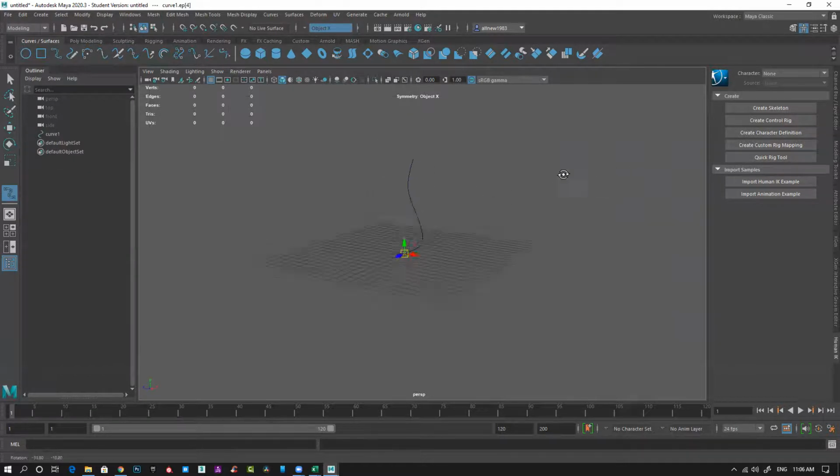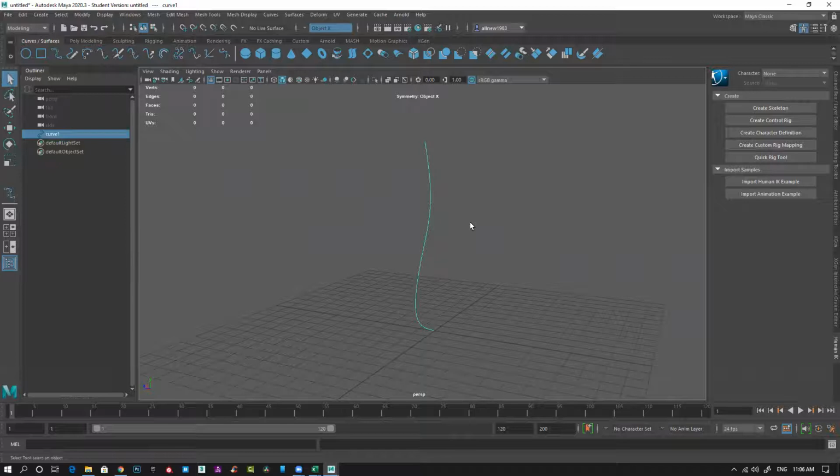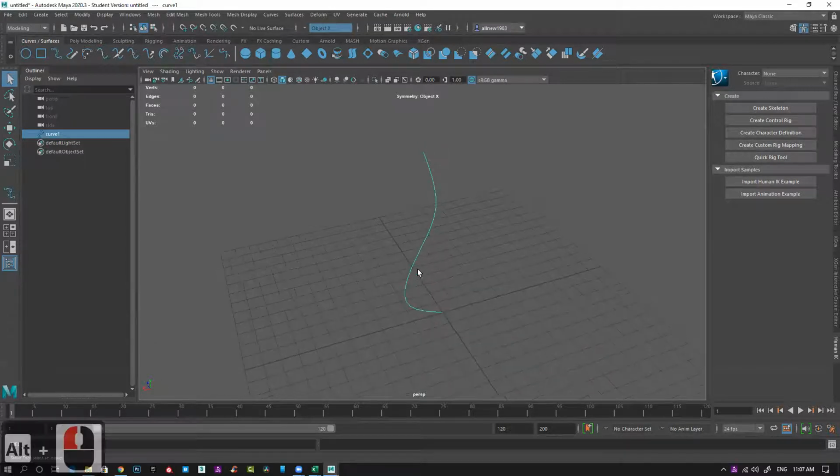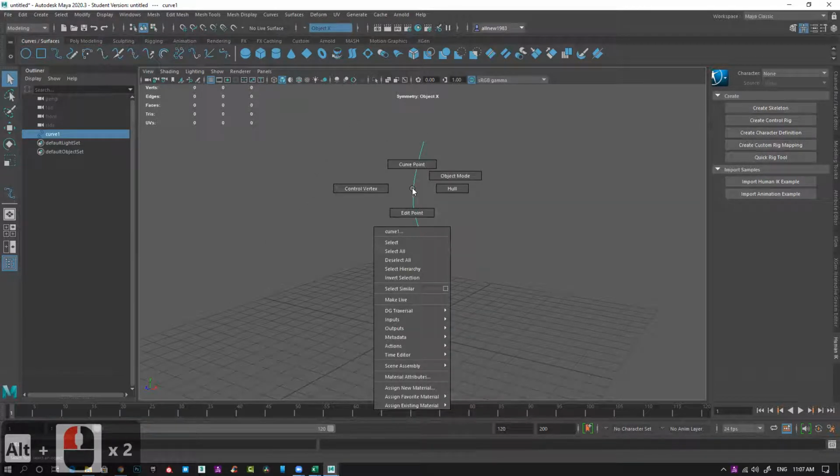So you can see I have created this curve. If I want to modify something, I can simply press Q to exit any tool you have selected. Let's look at the keyboard shortcuts. Alt with the left mouse button is for rotating and roaming around.